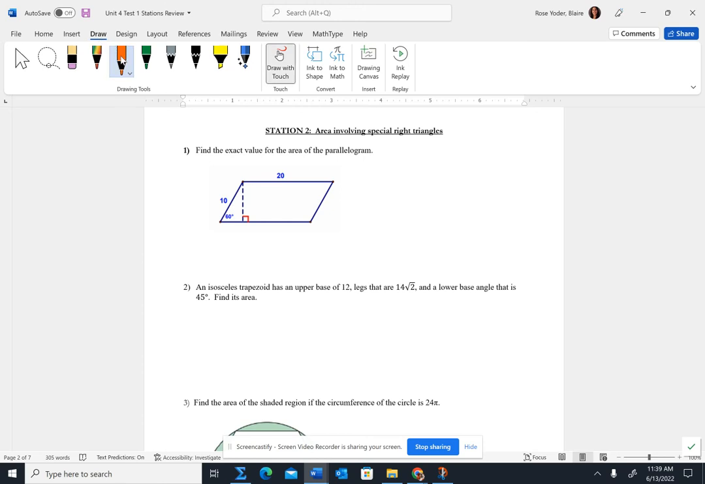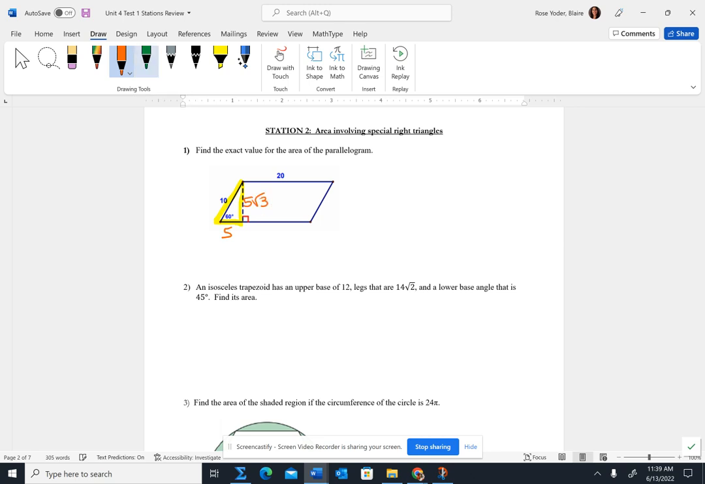This video is meant to provide you the support that you need on solving problems involving area with special right triangles. So let's take a look at the first one. I see a 60-degree angle, so I know that this triangle here is a 30, 60, 90 triangle. So let's use the patterns that we've practiced. And if the hypotenuse is 10, that means that the short leg must be 5 and the long leg must